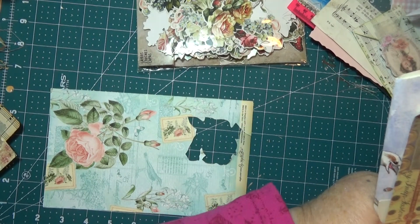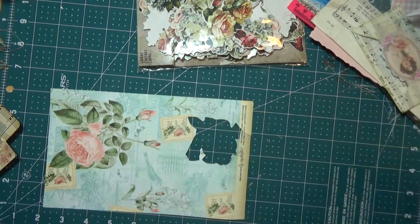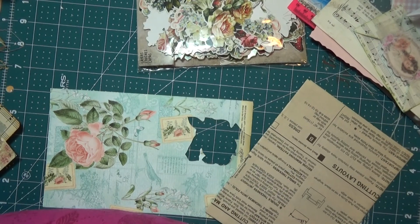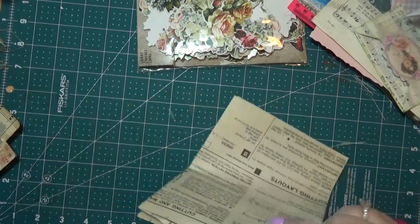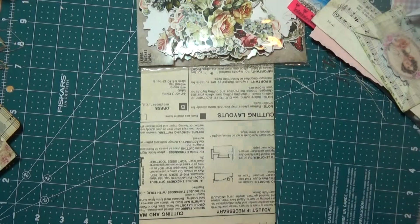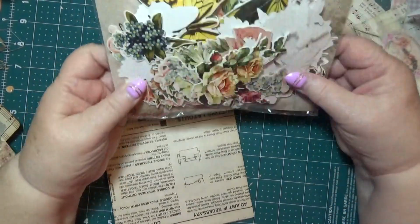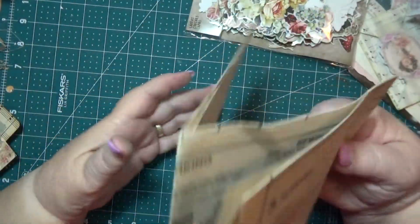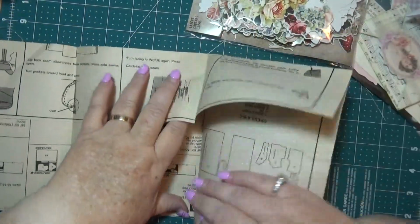Hang on, I've got some pattern paper here. Right, this will work. It's got 2 sides. I've got a lot of pattern paper and a lot of tea-dyed paper. We could use both of that sort of thing, couldn't we? Here you go there, I'm making a pile up over there, which is not good. Just pulling up the sleeves, you know, because we're going to get down to work here. Well, there's lots of different sizes, so I'll be able to pick something out of there. Okay. And this is just the thing, because it's got images on it, but it's not going to be anything that's going to